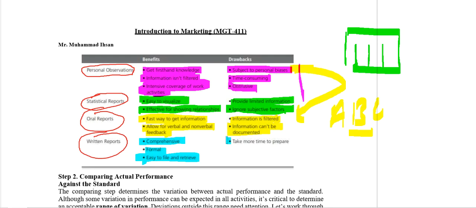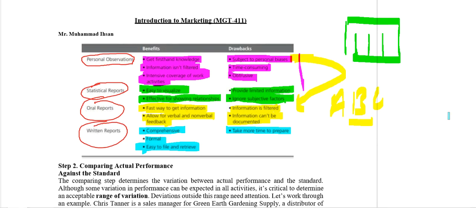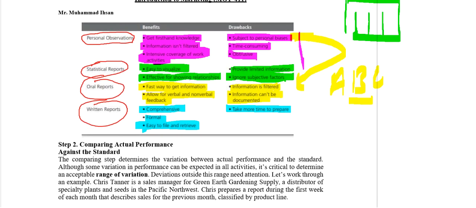On the other hand, what are the drawbacks? The first drawback of this is that it takes too much time to prepare these reports, because the documentation and proper recording and documentation takes much long time. So the first step of the controlling process was to measure the performance, and we had studied 4 different ways to